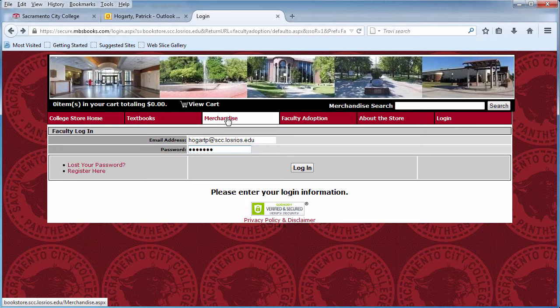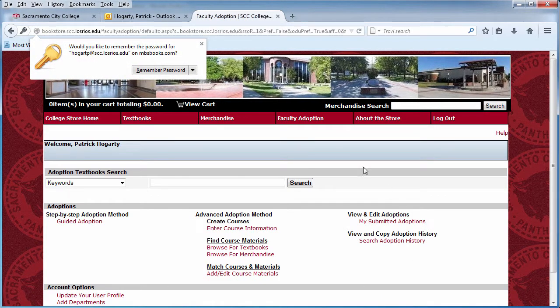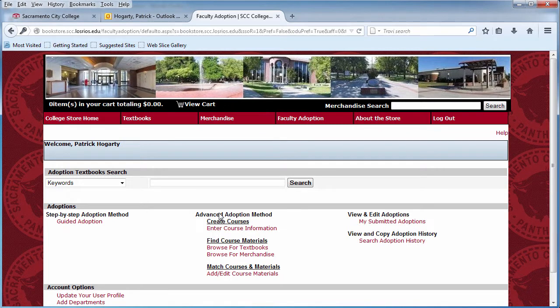And once I click on that, I'm going to go ahead and click Login. And I'm not going to have it remember my password. I don't want it to do that. You could if you wanted to. Now the easiest way, the simplest way to order your textbooks is just to go over here and go through